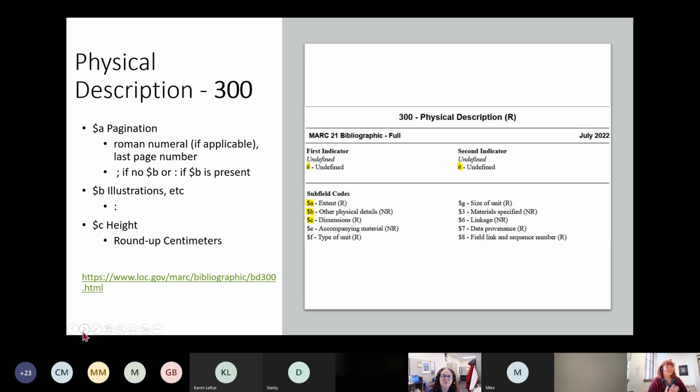So what goes into subfield A is the pagination, and I mentioned this already. It is the last page number that is written out. If there's an introduction that has Roman numerals, those will come first, and you will write the Roman numeral that is presented, the last one, followed by the last page number. If and only if there is a subfield B, you're going to have a colon. If there's no subfield B, and we'll talk about what B is for in a minute, you're going to use a semicolon